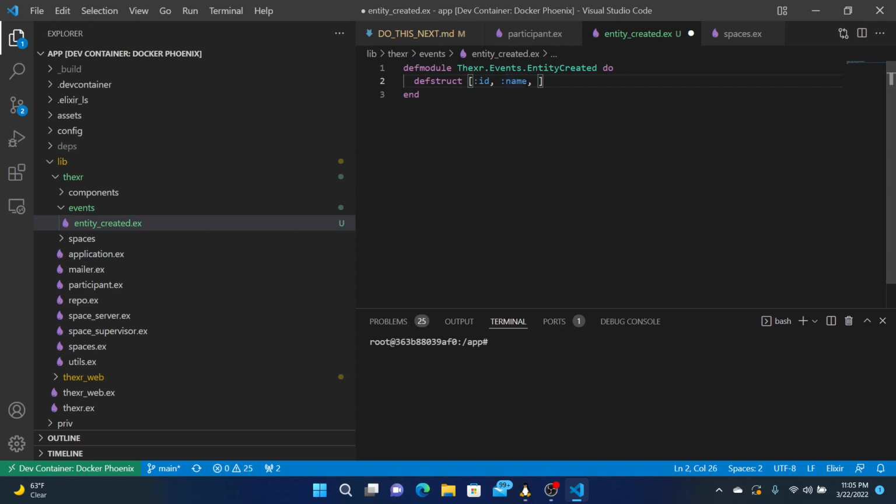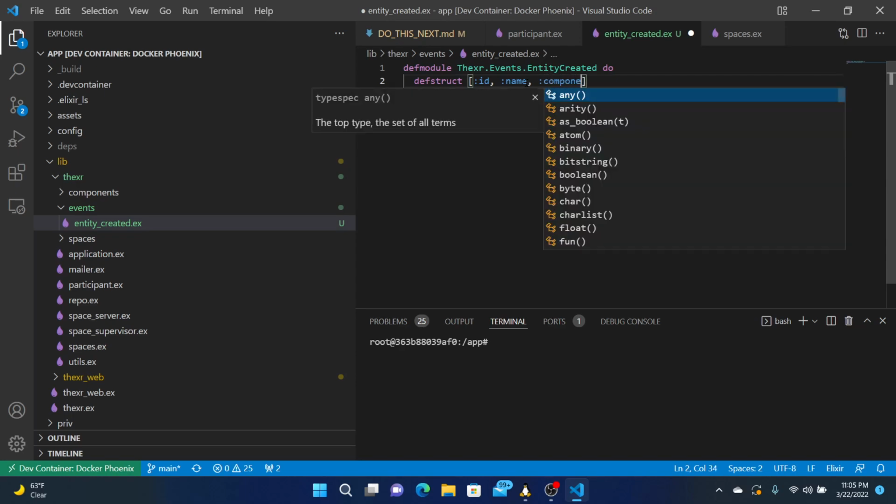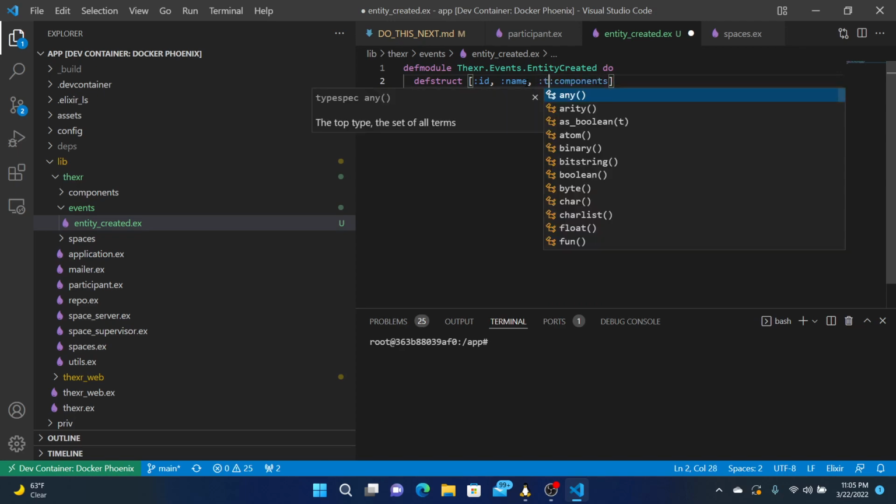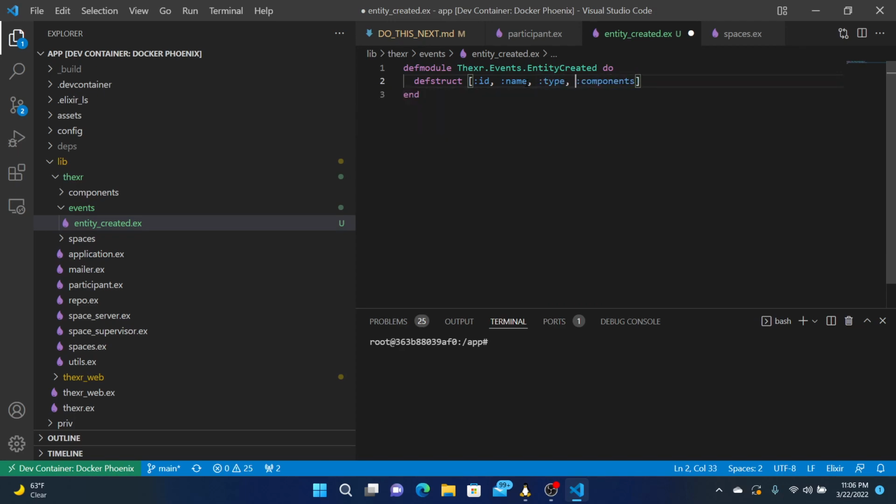Depending on the type of entity, it could have components. Oh, it needs a type for sure. So these could be the top level components.